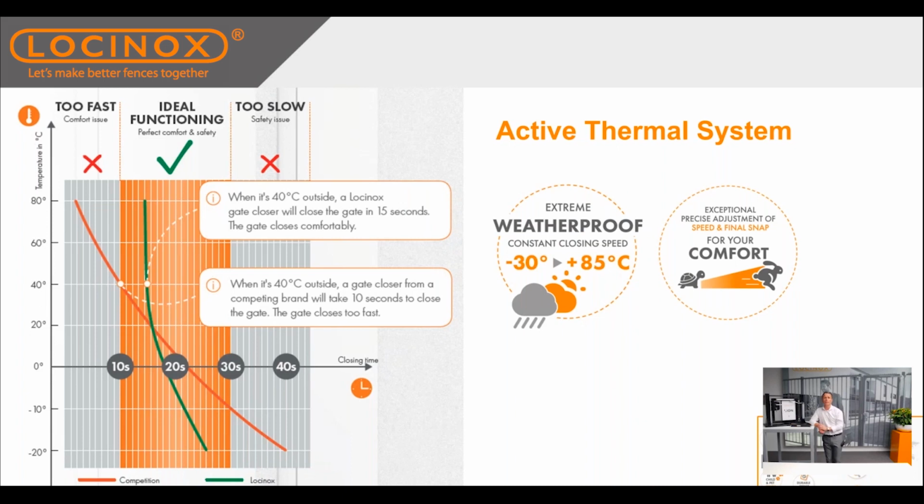As you can see from the graph on the chart here, we test all our closers thoroughly in-house here in Belgium. We did some tests on our current closers where we reached temperatures up to 40 degrees and it gave a closing time of 15 seconds. This gives it a comfortable, clean finish. Comfortable, being if you've got wheelchair users, pets, or even children entering and leaving that gate, you won't have